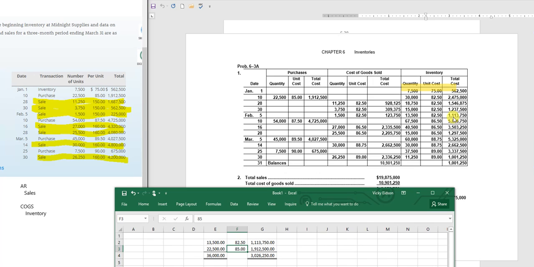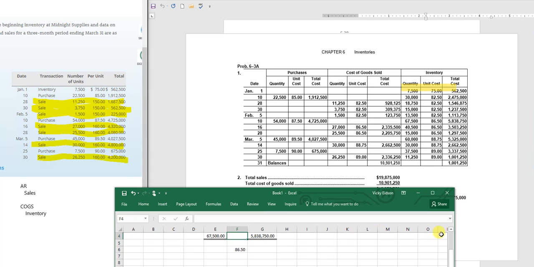So that adds up to 1,113,750, and I purchased an additional 54,000 at 87.50. You can see that adds up to 4,725,000 right there. So now I have a total of 67,500 units at a total cost of